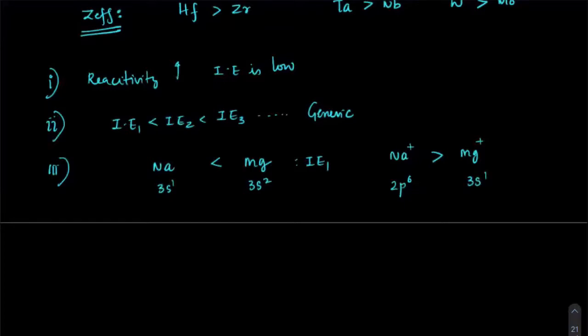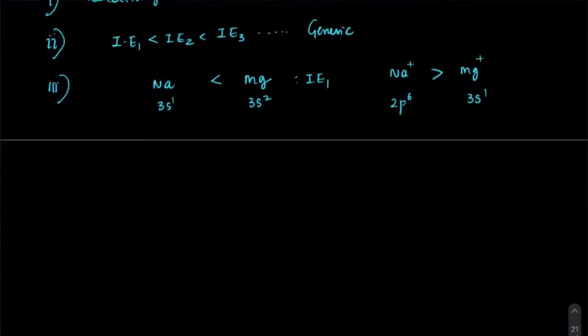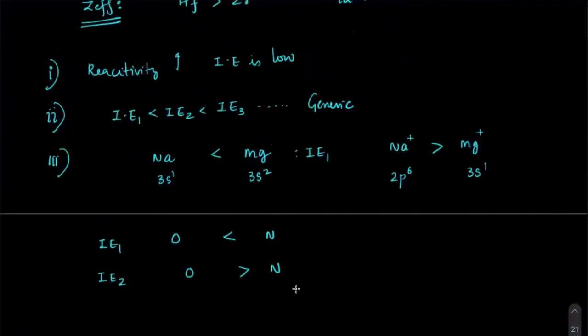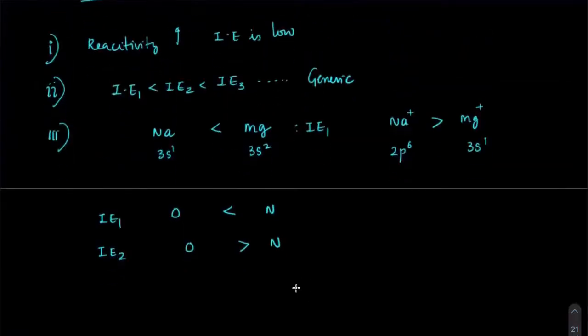So you have to be clear when you're checking second ionization, because second ionization always depends upon the next configuration. Got it? Another example, if you check oxygen and nitrogen, for the first ionization, nitrogen was better. If you check the second ionization, then oxygen is more than nitrogen. I think ionization is clear, beta, right? Okay.